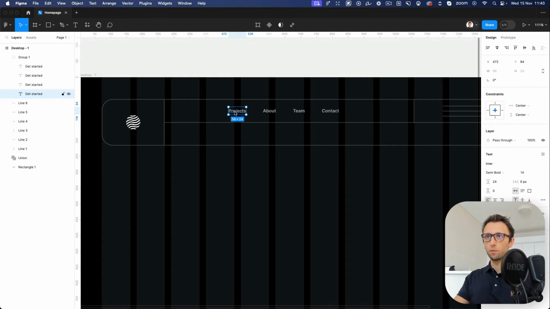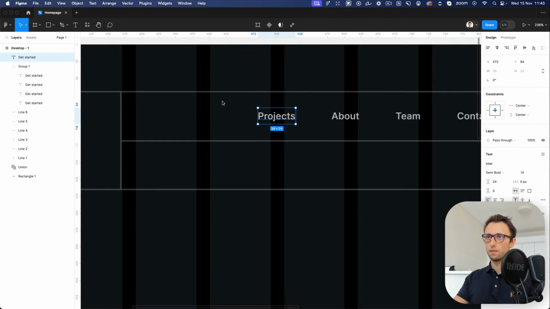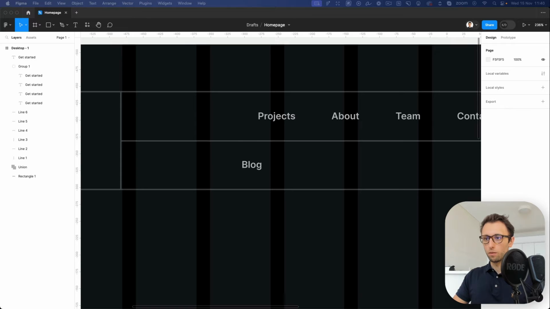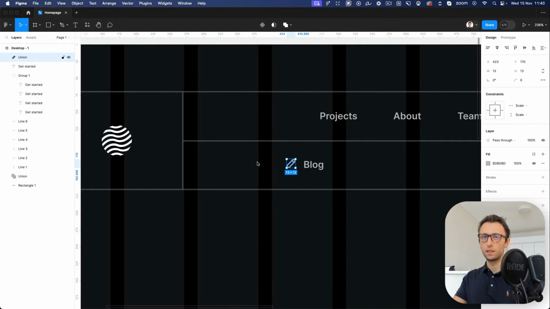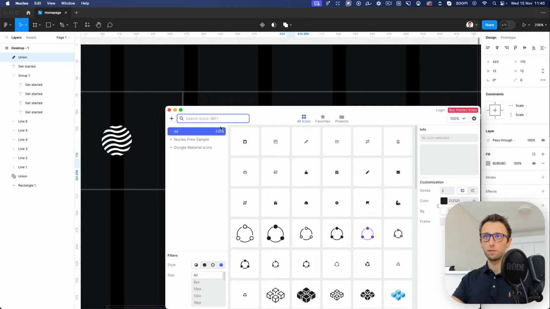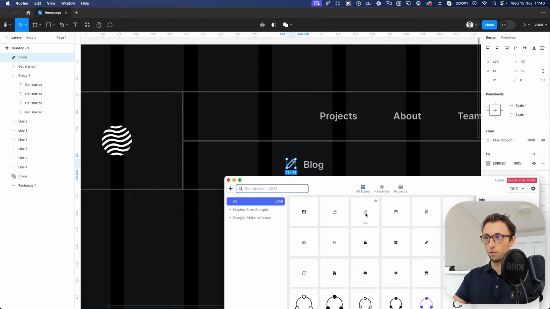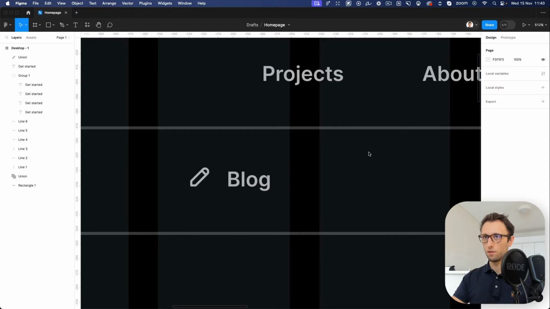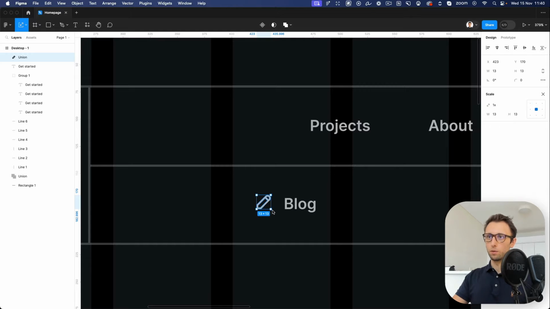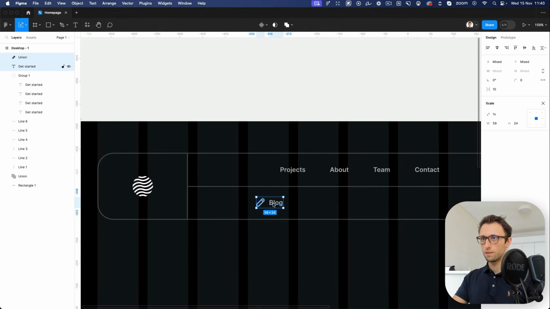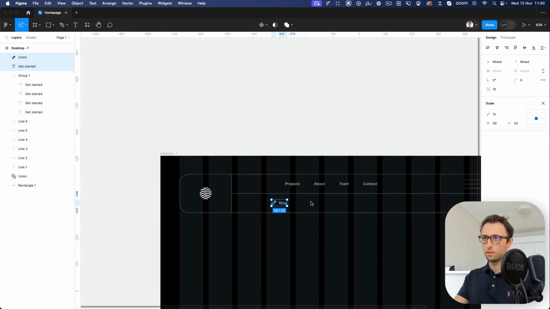Alright, now at this point I'm going to copy this text style, bring it over here. This one is going to be the blog. Now I'm going to get the icon which they used. You can follow along by simply using a resource such as Nucleo icons, and oh, here we go, without even having to search for pencil, you can drag and drop it, and very similar, so you can definitely follow along very easily. And I'm going to use the scale tool, scale it up, center it vertically,